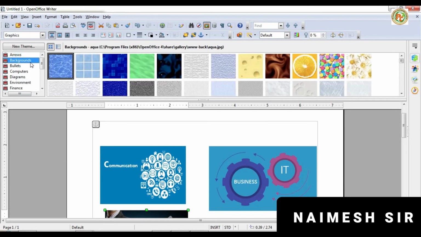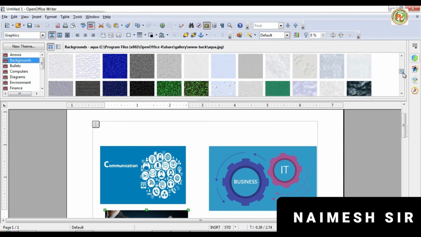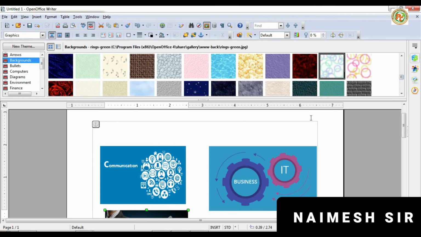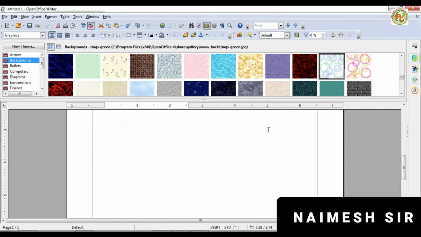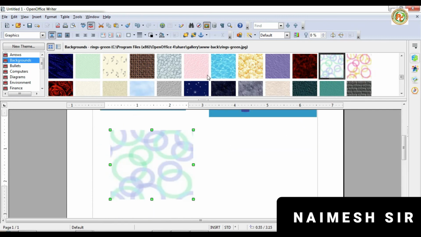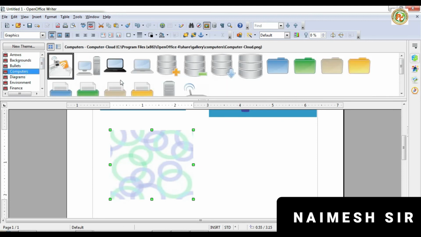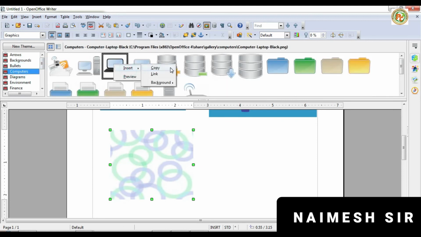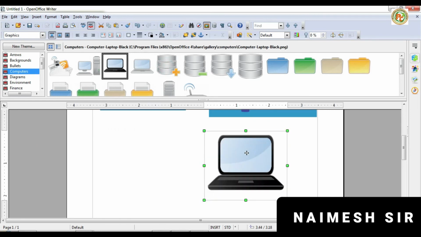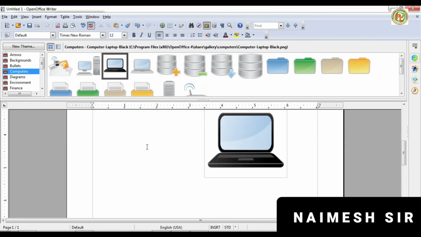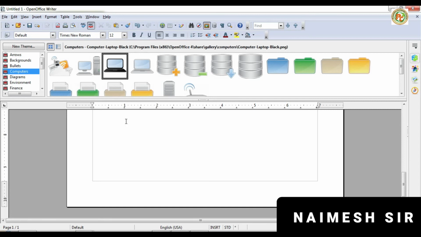Like, I want to add a background image, so we'll select it and click on a specific one. Then right click it, click on Insert. We have 3 ways to insert it. You can copy it, so it will be here. You can assign the link also. You can also set it as background page or graphics, but I want to copy this, so I will click here. Now I have copied it, see, it is here. Now I want to copy this photo, so right click on Insert, then click on Copy. Here we can see the copy is there. So this way make copies of the photo from the gallery also.